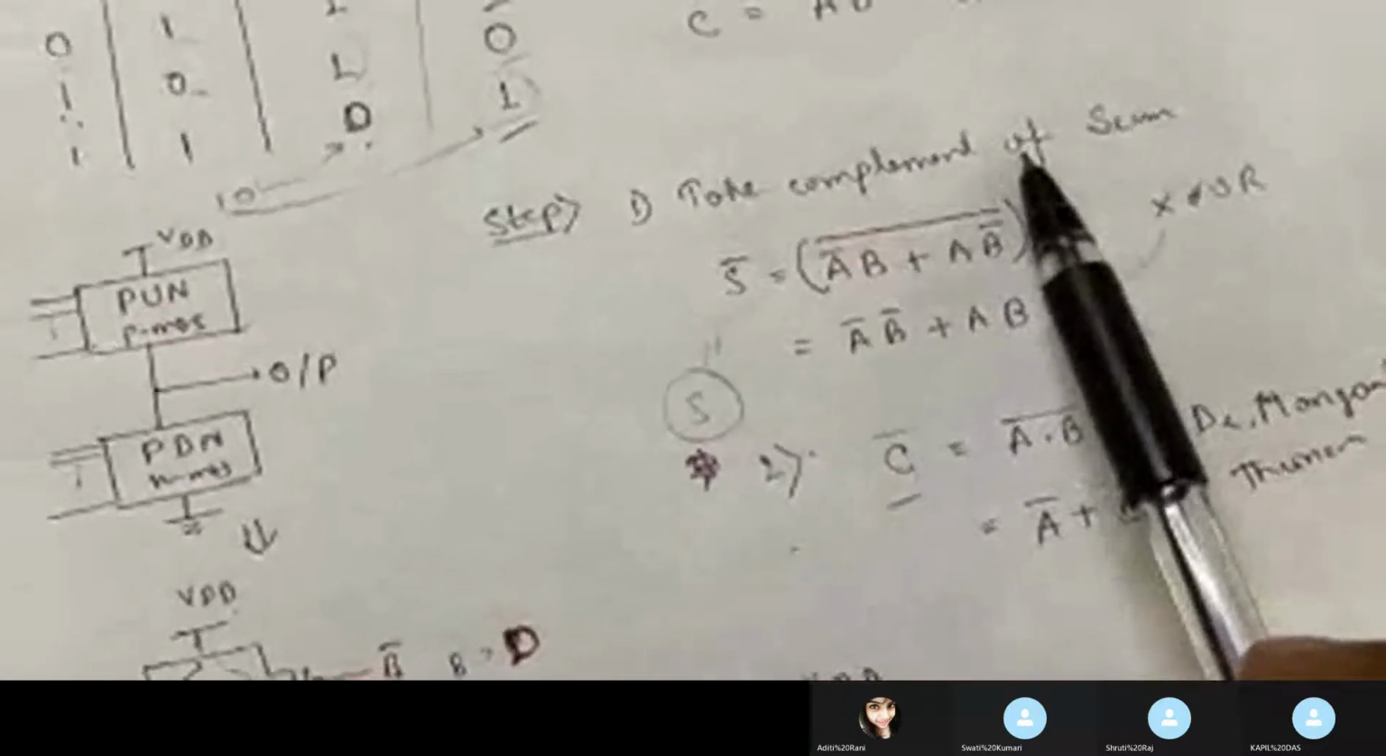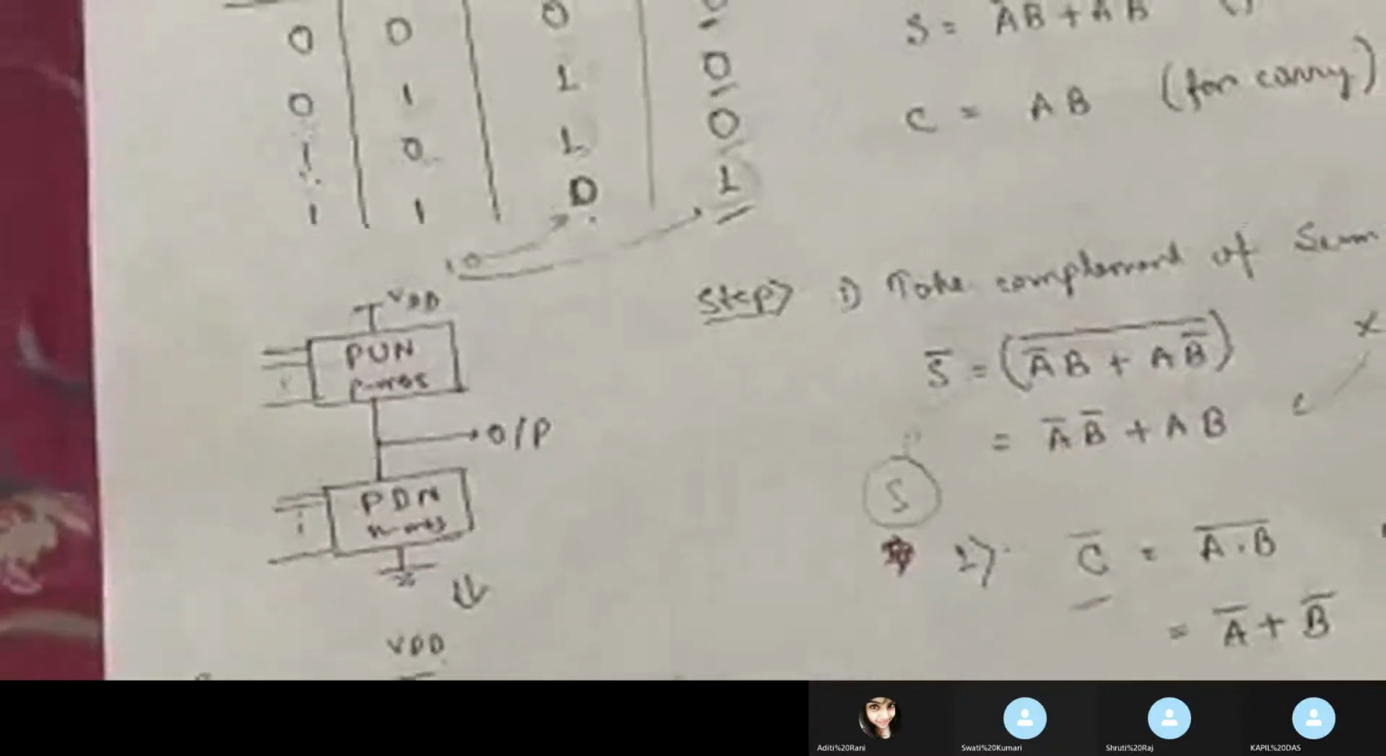You are complementing it, and after complementing, this Boolean function is ready to draw your CMOS logic. So from this Boolean function, the complemented Boolean function of sum, you will draw the CMOS logic using pull up